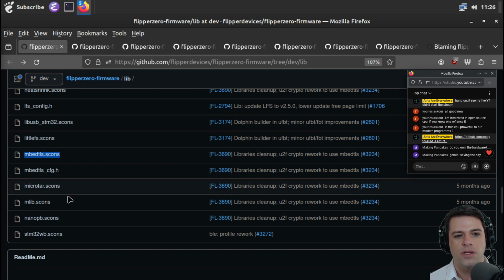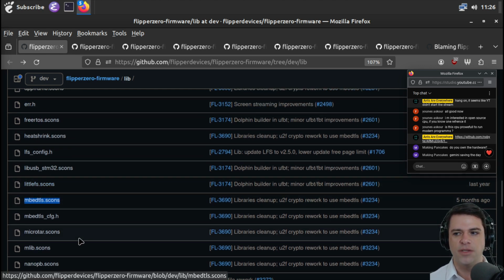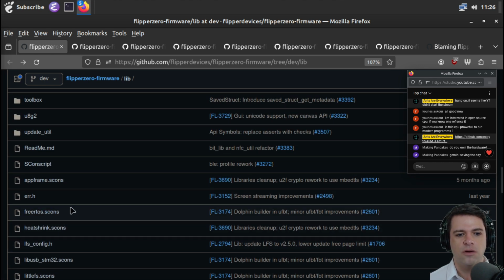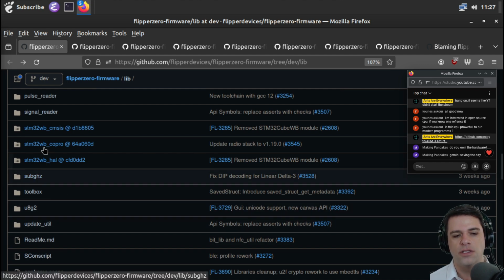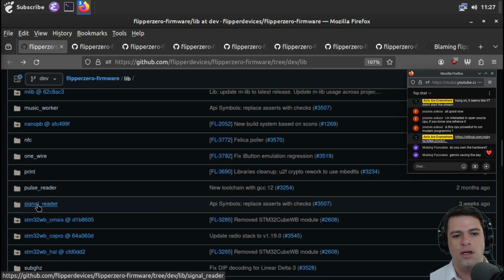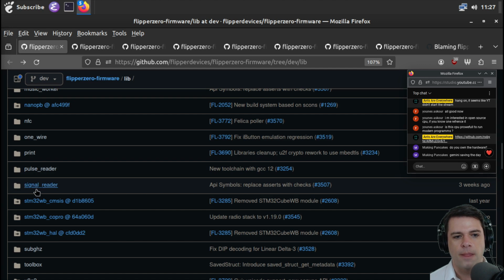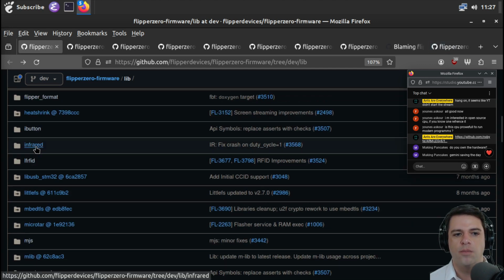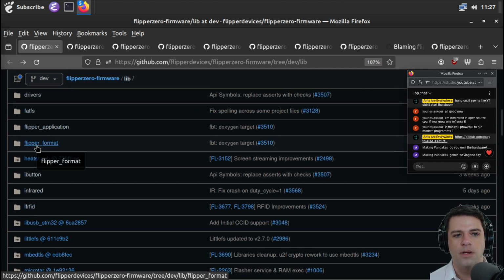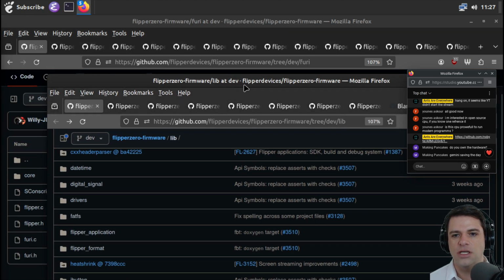So embed TLS should be the embed TLS is a small TLS implementation. So that's just like TLS or SSL support. I think sub-gigahertz is interesting. I think, what is signal reader? I don't know, but I guess we can open it. NFC is probably interesting just because those are things that people use Flipper Zero for. So here's just kind of like some of the hardware-y stuff is in this